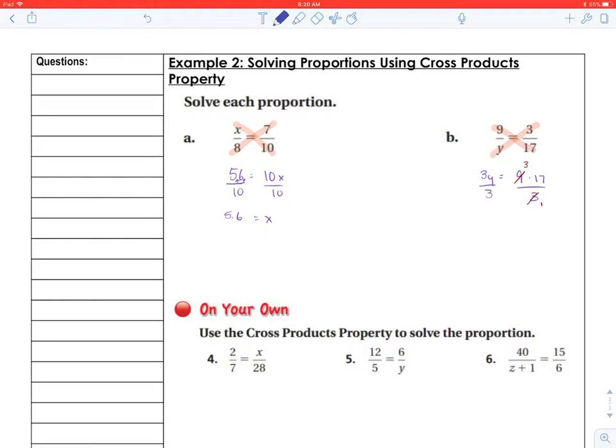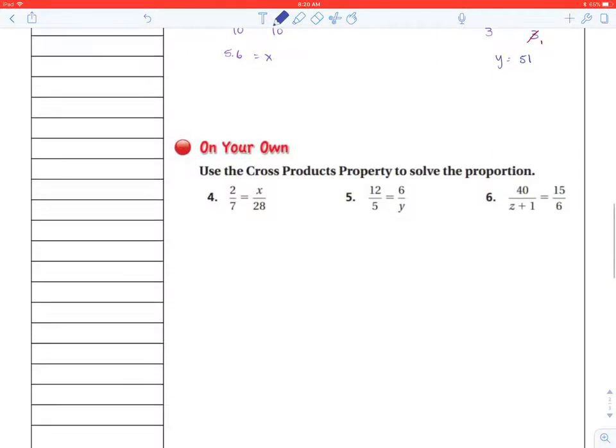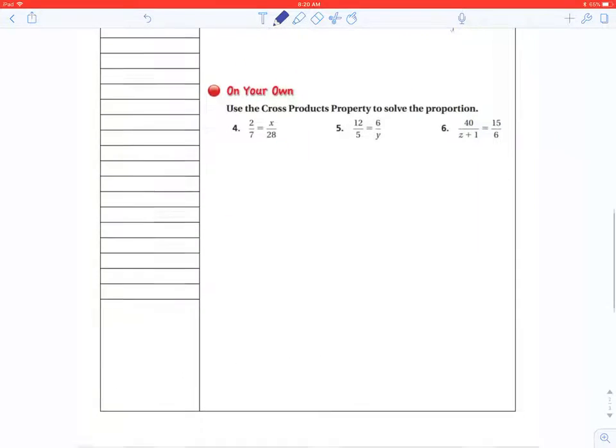3 times 17 is the same thing as 3 times 10, which is 30. And then 3 times 7, which is 21. And 30 plus 21 equals 51. Okay, I'll let you try the on your own, and then